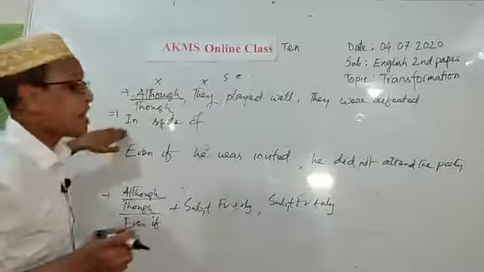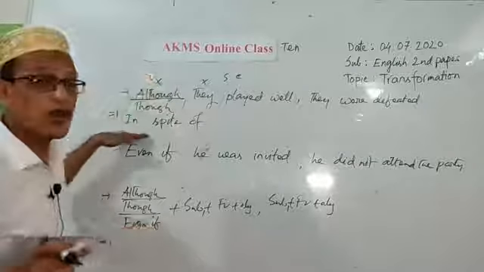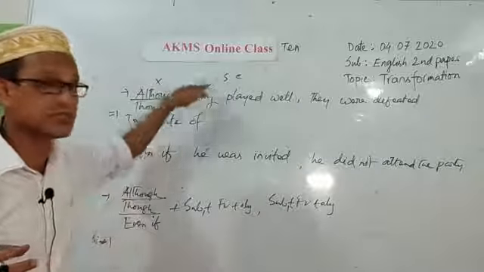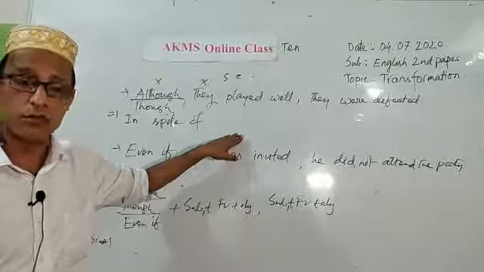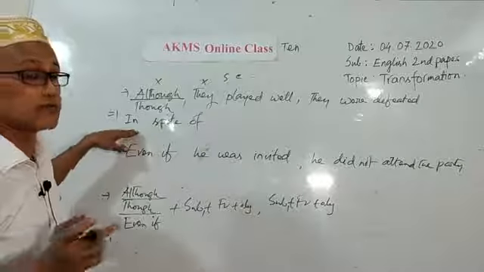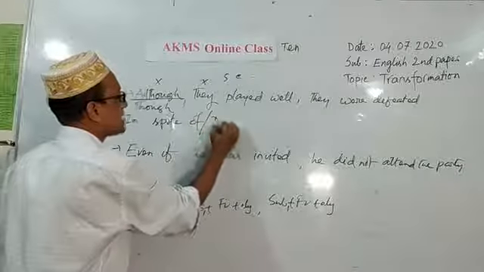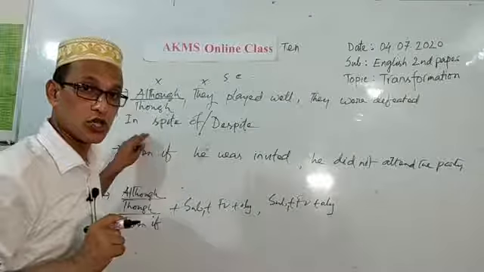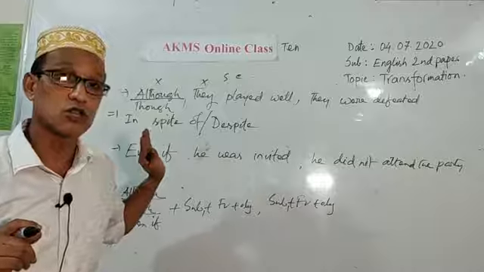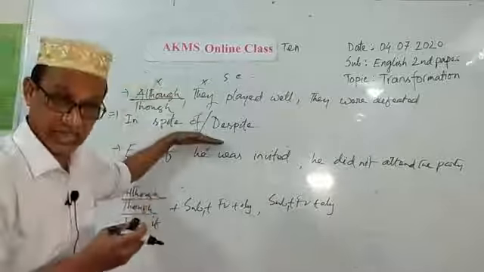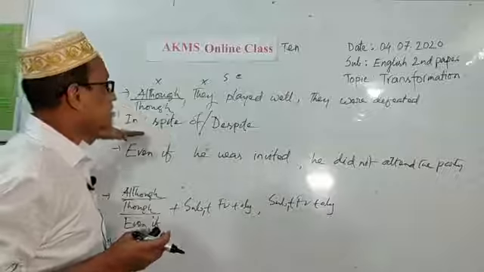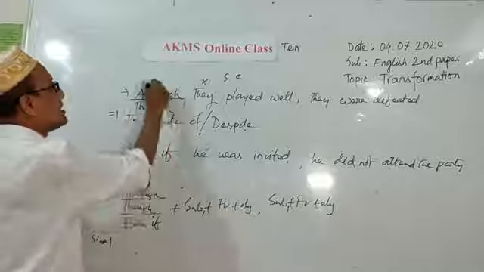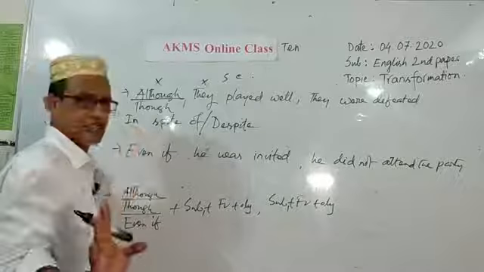And what have I used in place of though, although, even if, when I was asked to transform this sentence into simple? I have used in spite of, or you can also use despite. Now, what is the meaning of these two linkers? সত্ত্বেও, যদিও, সত্ত্বেও। In spite of এবং despite শব্দের অর্থ হচ্ছে সত্ত্বেও। I will use in spite of or despite.